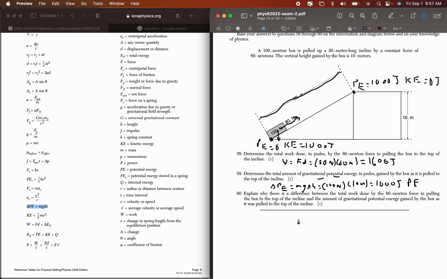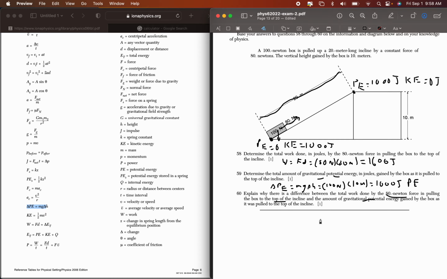We explain why there's a difference between the total work done by the 80 Newton force in pulling the box to the top of the incline and the amount of gravitational potential energy. So it's basically asking why there is a difference in this value and this value. Well, look, the total work done represents the total work done without any loss of friction, right? The potential energy is just 1,000 joules, but in this case, there's a difference between the total work